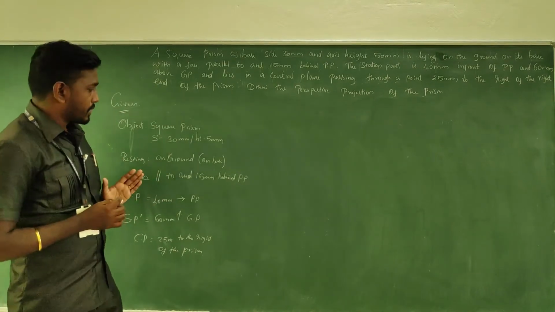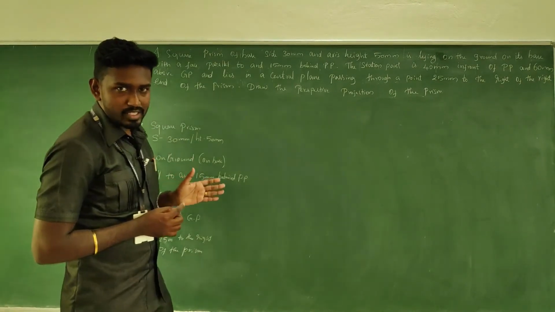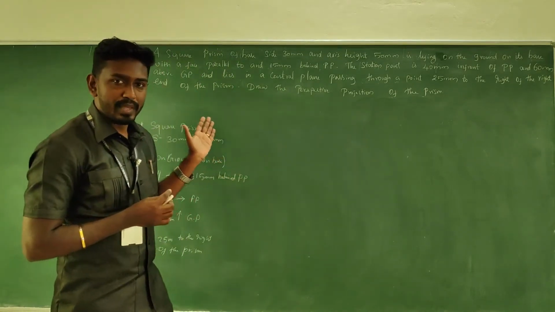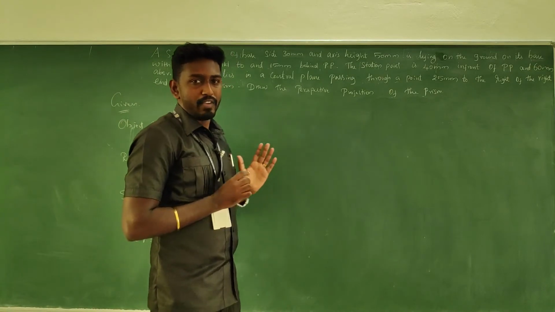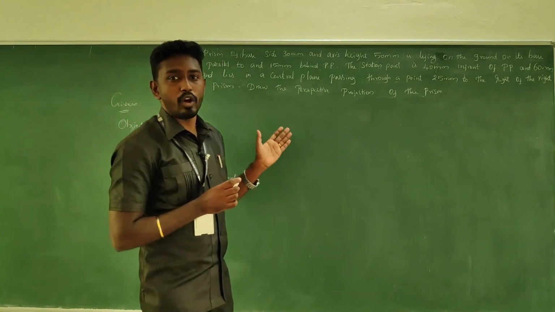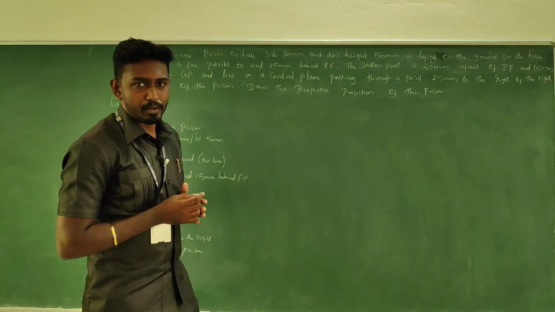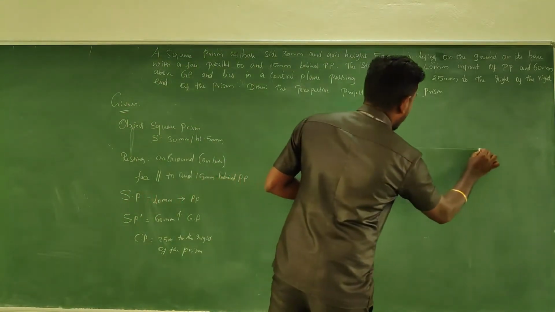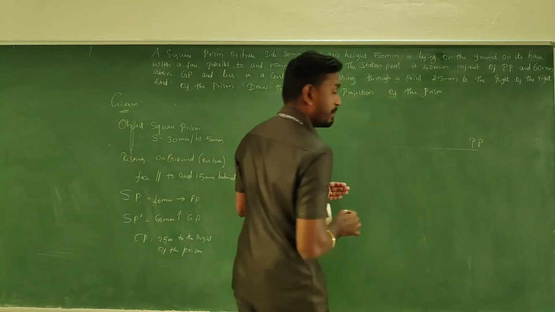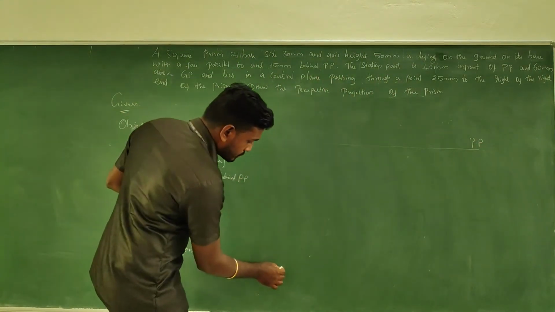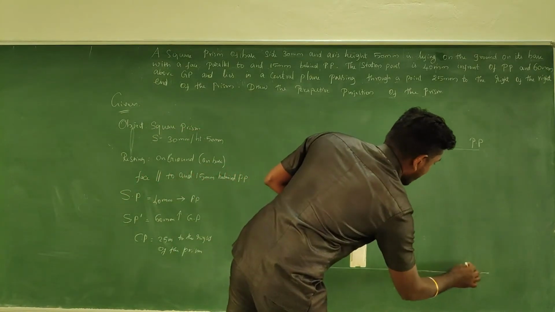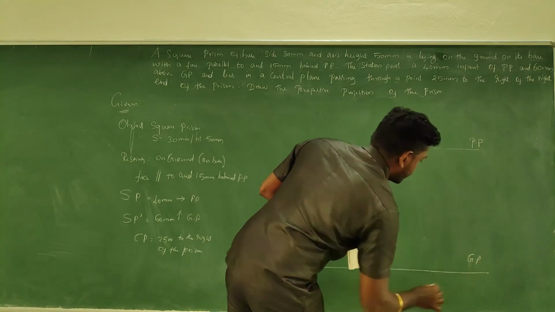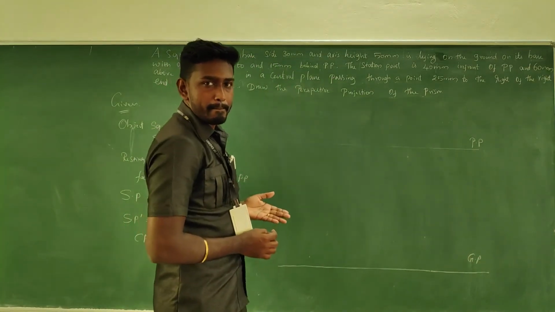right? Okay, let us start our work to draw the perspective projection as per the conditions given in the question. We know the arrangement, the layout of the planes in the perspective projection. So at the top we'll have a horizontal line, which is PP, the picture plane. At the bottom we will have a horizontal line, which is the ground plane, GP and PP.